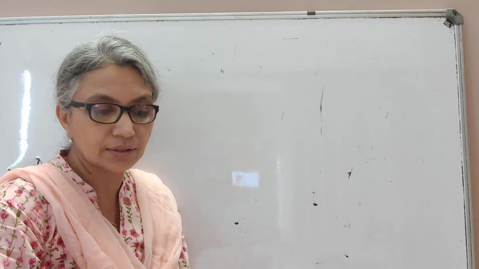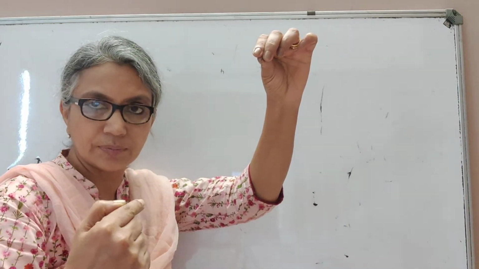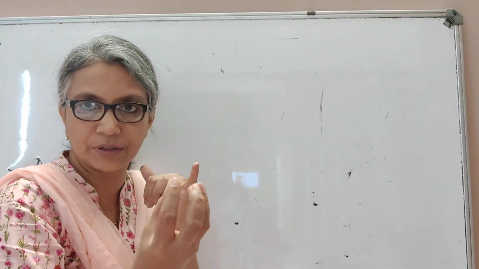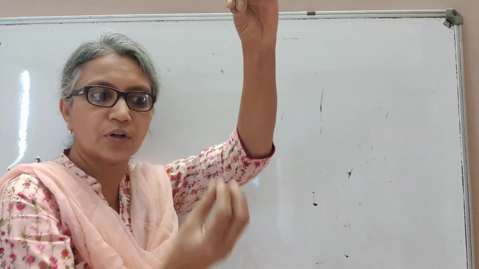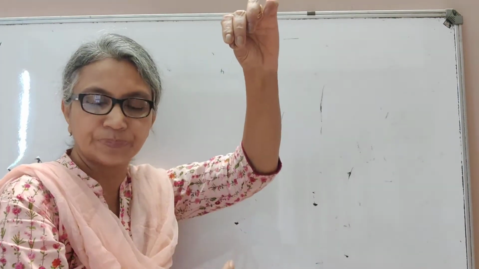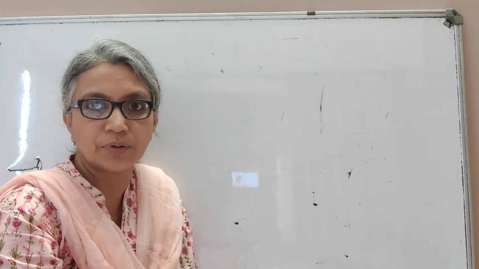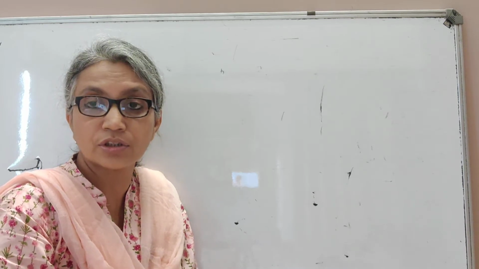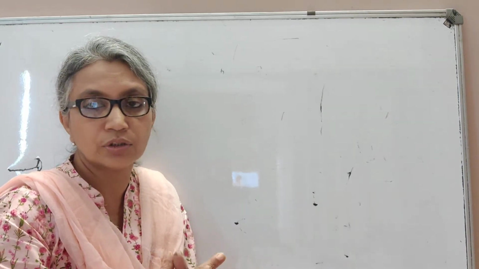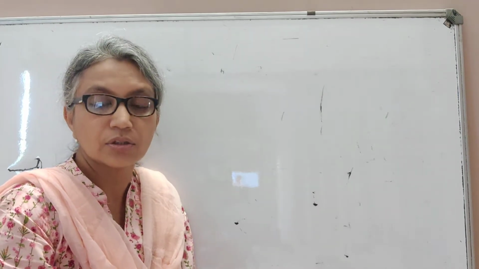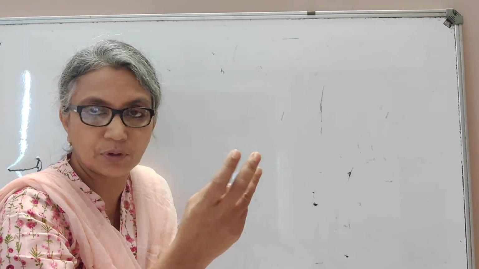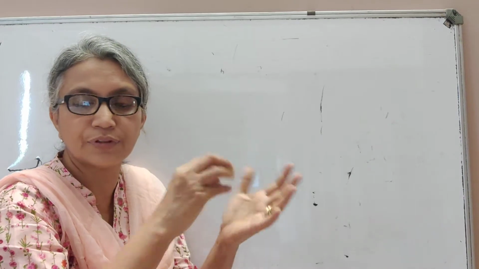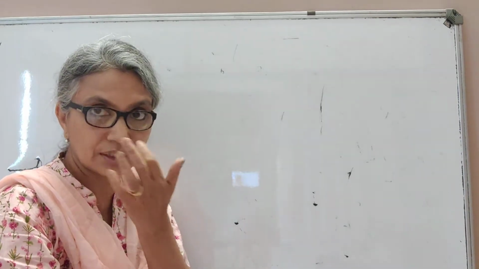So here they are telling you that the time period of this oscillation of the pendulum, the time taken for one oscillation, depends on three factors. One, it depends on the mass of the bob of the pendulum. The bob is that metal ball that will be tied to that string. Then they're telling you it depends on the length of that string. And they're telling you it depends on acceleration due to gravity, small g, which on earth you know is 9.8 meter per second square. So the factors are given to you: mass of the bob, length of the string, and acceleration due to gravity.